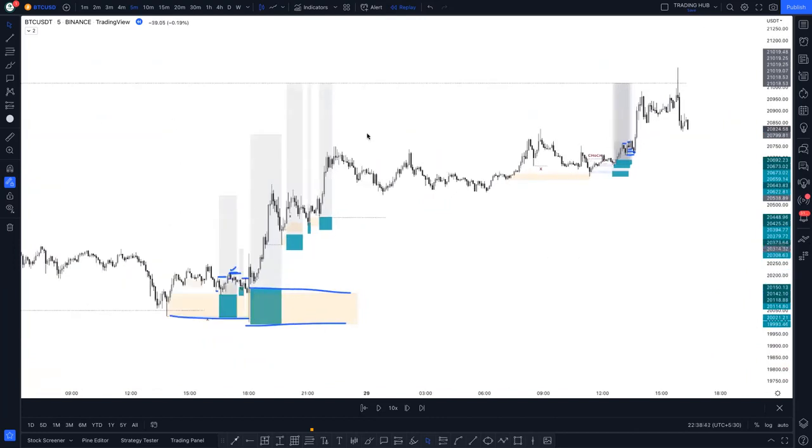So this one is our entry in Bitcoin as per the higher time frame and lower time frame confirmation. Now you have an idea of when we should use single candle mitigation and when not to. The main thing is the inducement, right? Once the market has taken out the inducement in a lower time frame and in a higher time frame, then you can definitely